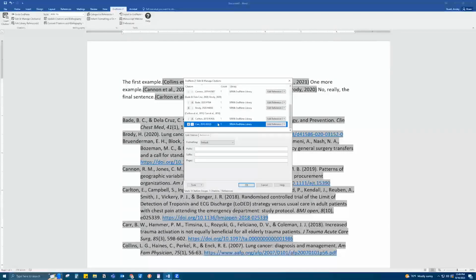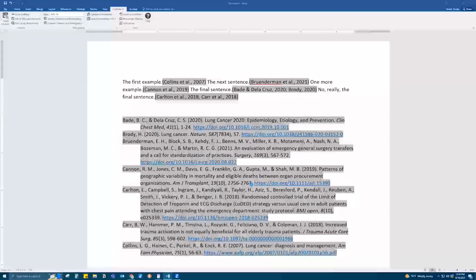Once you selected the one that you want to edit within the paper, you can say how you want to edit it, whether you want to exclude the author, the year, or show only in bibliography. So that way you're deleting the citation, but you're not deleting it from the bibliography. And so I know that was kind of quick. I don't know if you saw it, but I'll